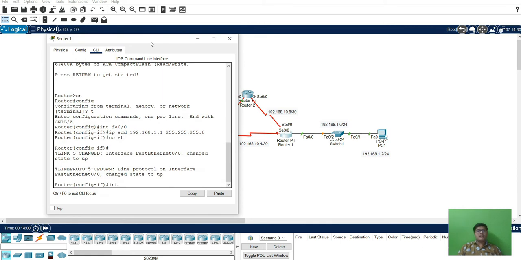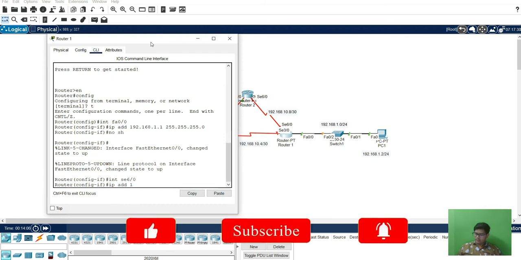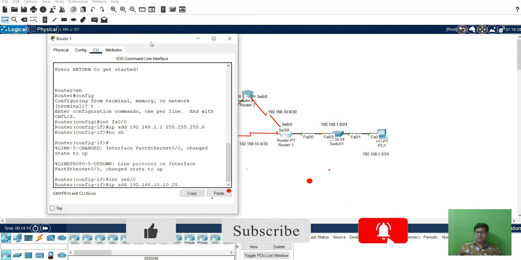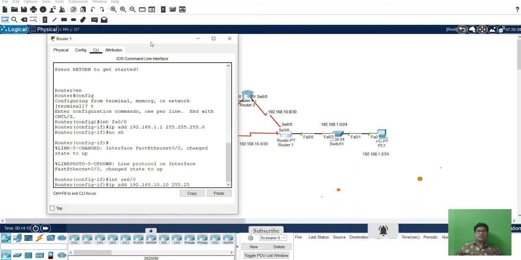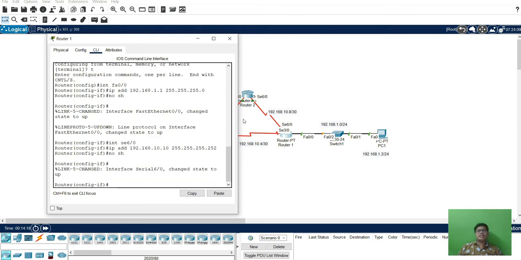Next, interface serial 6/0, IP address 192.168.10.10, 255.255.255.252, no shutdown. This port is turned up.